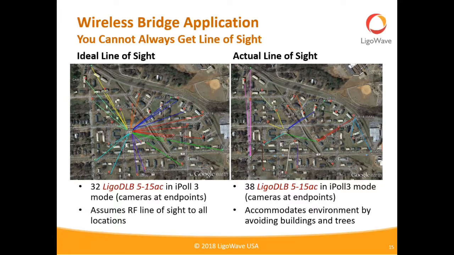And sometimes we'll use centralized buildings as relay points. As you can see, for example, cam 7A in the brown in the lower left corner, or where the green connects to the red at cam 19. So we can use those as intermediate relay points. And this is something that our engineers will work with you on. So if you have a specific project like this where you're putting up a bunch of cameras around a property, this is a very typical application for us. And if you have line of sight issues and you're not quite sure how you're going to be able to do the hops, this is something that you can definitely work with our engineers on, and we'll give you advice on how to actually see everything that you need to see.